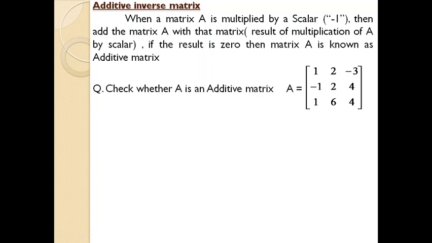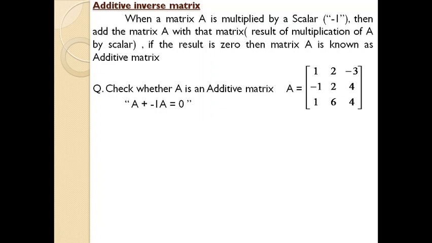So as per the additive inverse matrix, the concept is, if any matrix is given, in this case it is A, and that matrix is added with the matrix obtained by multiplying it with a scalar, scalar meaning minus 1, so minus 1A. Anyway, when a number is associated with a matrix, it is a case of scalar multiplication. So A plus minus 1A, you will get the result as 0. If you are getting 0, that means matrix A is an additive inverse matrix. That is the concept of additive inverse.